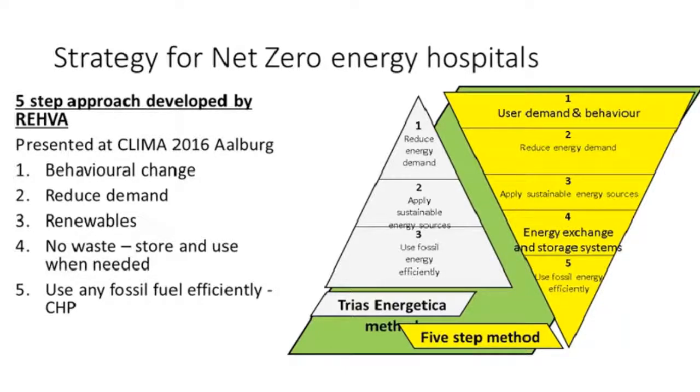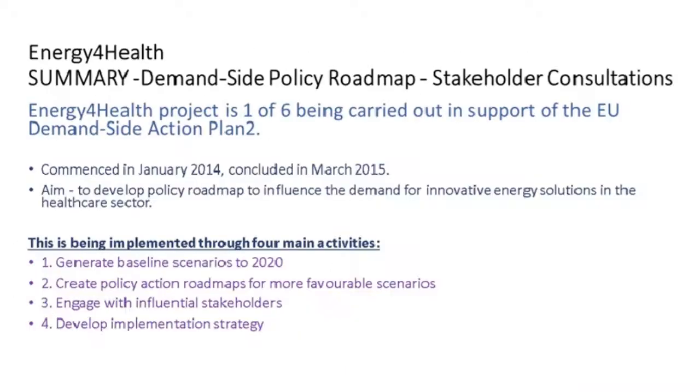Secondly, we then look at reducing demand. After that, we then add the renewables we need to the building. And then we move on to a situation of having a no waste strategy. If we do have any available energy, such as heat, we store it and we use it when needed. We try and take an approach that is zero waste. And we use any fossil fuels that we are using efficiently, such as through combined heat and power. And this is a five-step approach which is being developed at the moment by REVA and will be issued in a